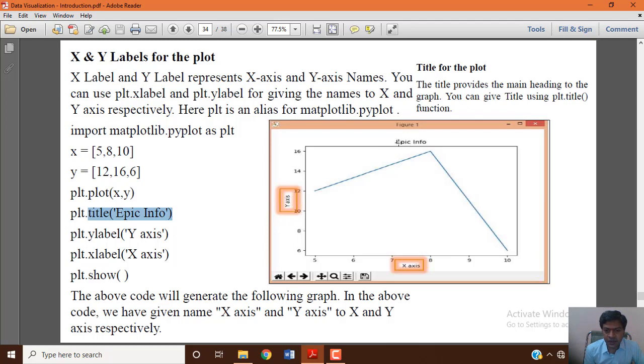As you can see, the image title is epic info, the title value being the string within the quotation marks which you specified. In the same manner, y label is the y-axis and x label is the x-axis. So to print the display of that graph, you can see everything we use: the title of your image on the right side within the graph, epic info, and y label, y axis, and x label, x axis, the text which is represented. That is how you can make use of the properties of customizing our plot. Line chart or line graph.